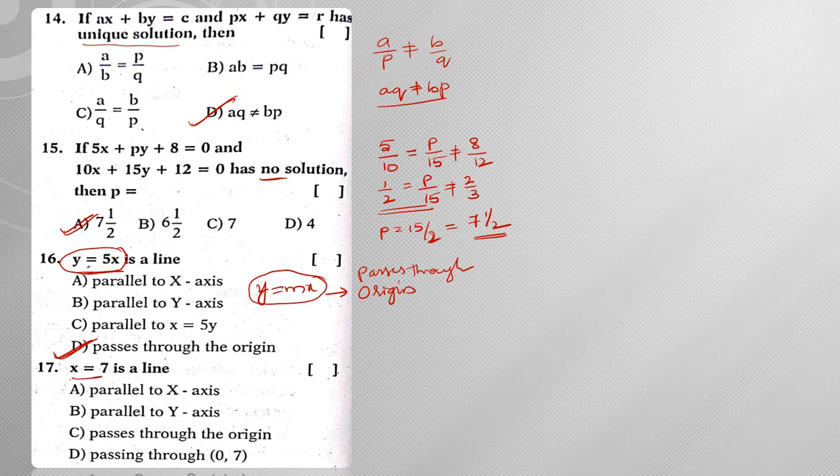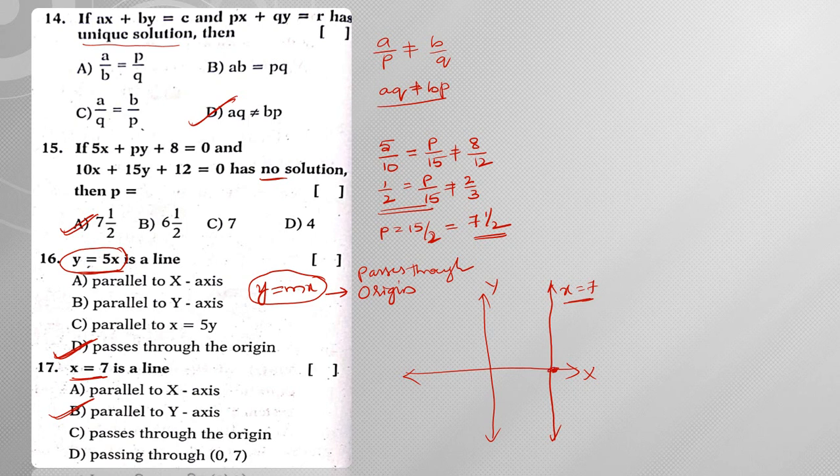Okay, next, x is equal to 7. If you draw the graph of x is equal to 7, then if this is my x-axis and this is my y-axis, x is equal to 7 means you will have the point on the right hand side. That means this particular line is nothing but my x is equal to 7. If you observe, this line x is equal to 7 is parallel to the y-axis. Hence it is parallel to the y-axis.